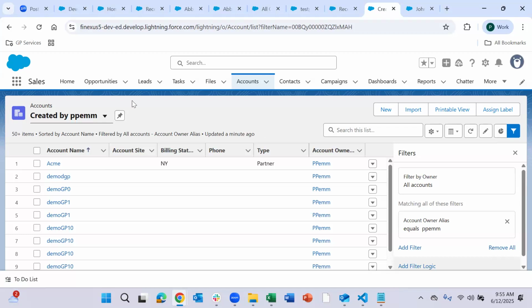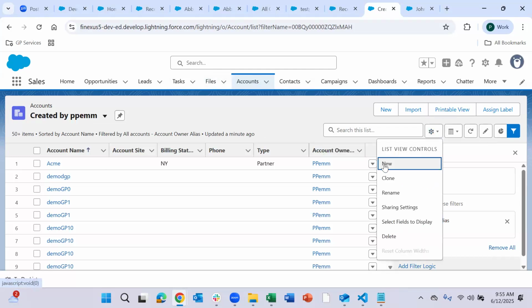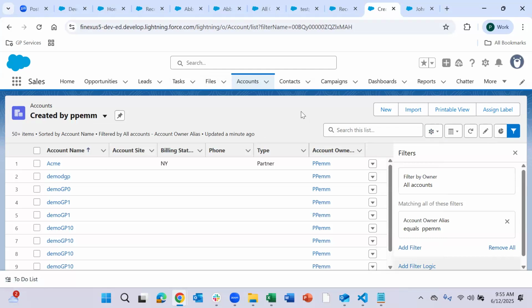How can you create a list view? You can go to this gear icon and click on new, which will create a new list view. To apply the filters, you have a filter icon here. Go ahead and click on the filter. It opens up the filters.